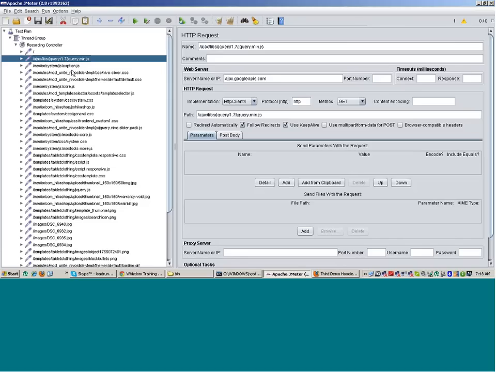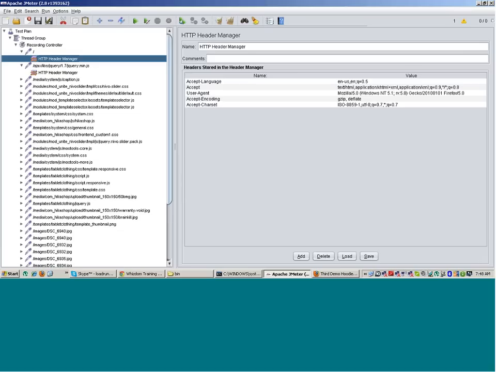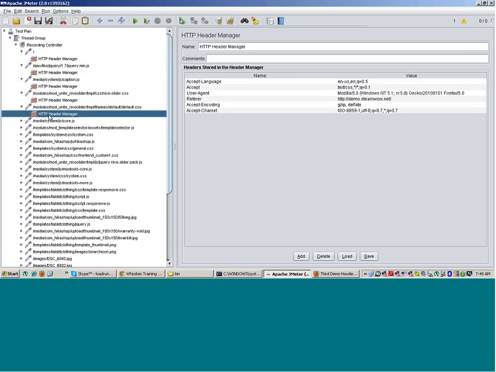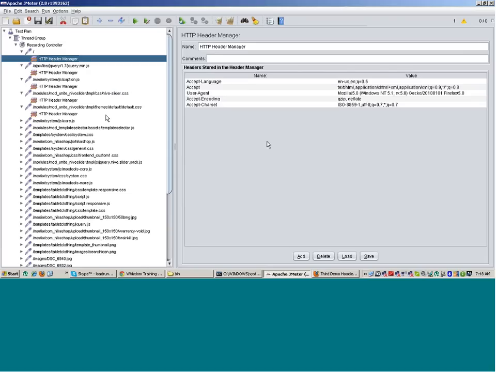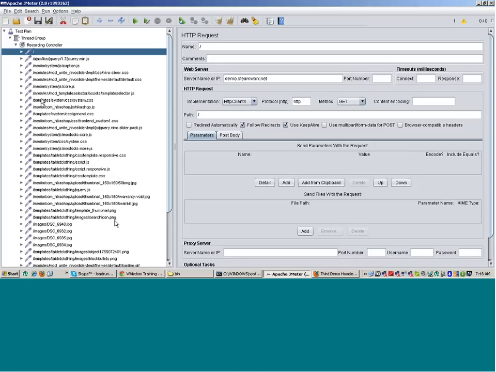All right. You also expand this request and you see that there is an HTTP header manager added to each request. Okay, each request has an HTTP header manager. Header manager basically signifies what kind of data is flowing. Okay, text CSS, or you see text HTML, the encoding language and all that is mentioned in the header. You also may not be requiring this in all of the steps. It's just like an overhead. So what you can do is,